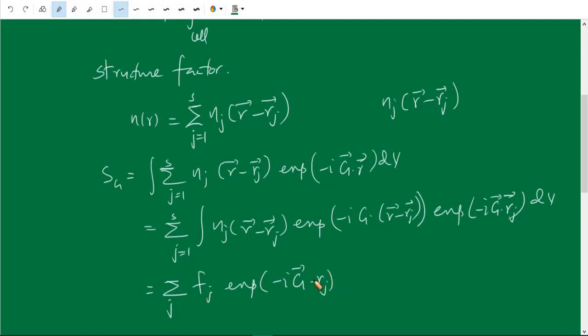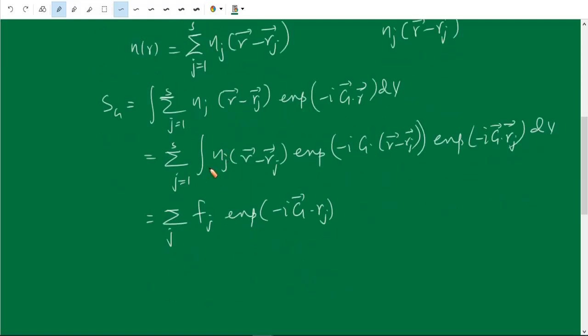Okay, so here I have used this integral Nj r minus rj exponential minus i G dot r minus rj, where we can write fj is equal to integral Nj r minus rj exponential minus i G dot r minus rj vector